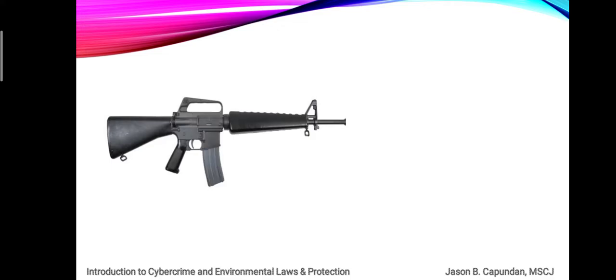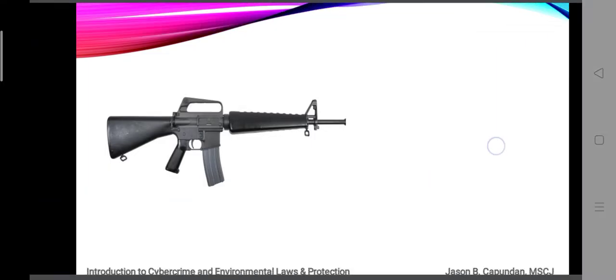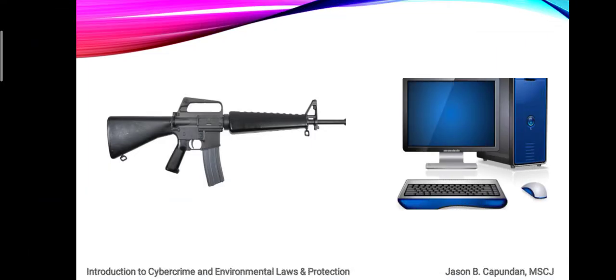So the first picture is the US rifle caliber 5.56 M16A1, or also known to us as the M16 rifle, while the second picture is a computer device. So both were created with a different purpose from each other. So the M16 is for firing deadly bullets or projectiles that can maim or kill the unfortunate target immediately on the spot. While a computer device was first created as a means to further improve technology and connect people through